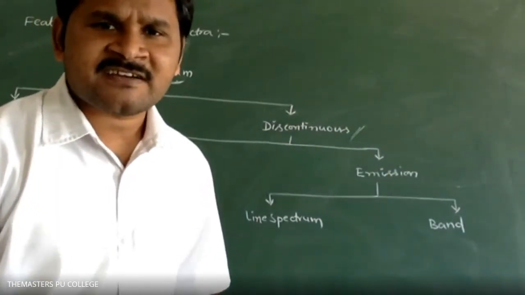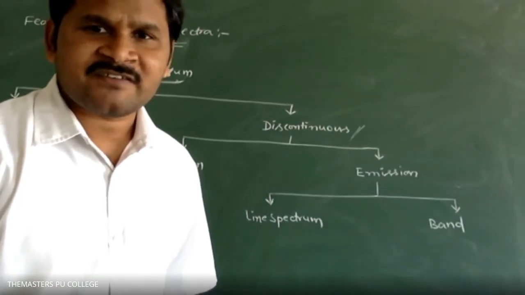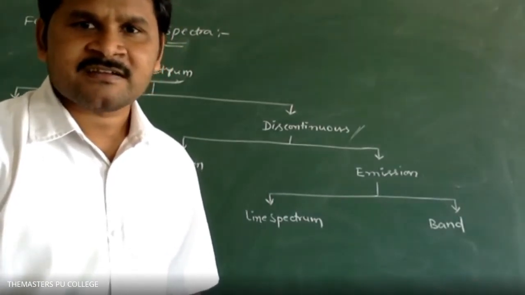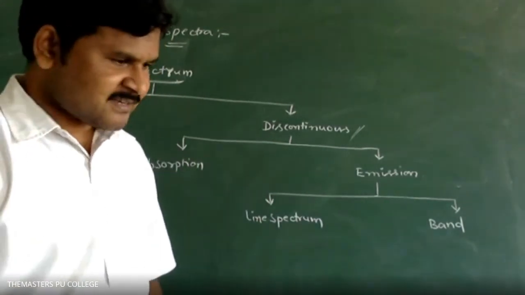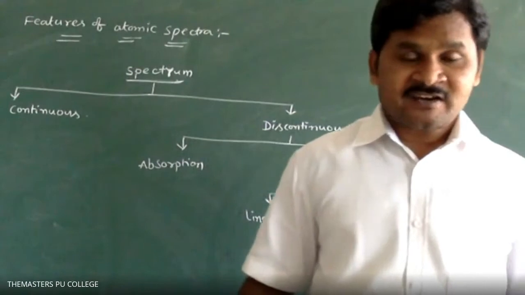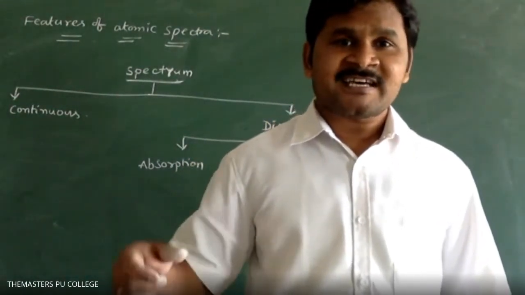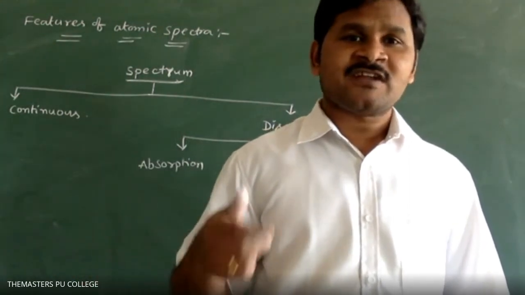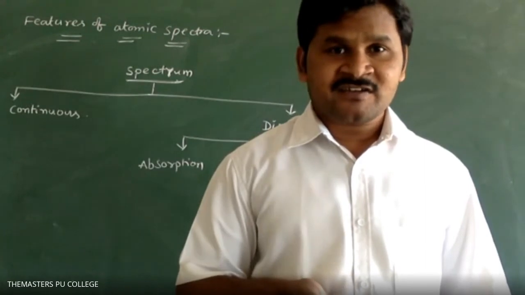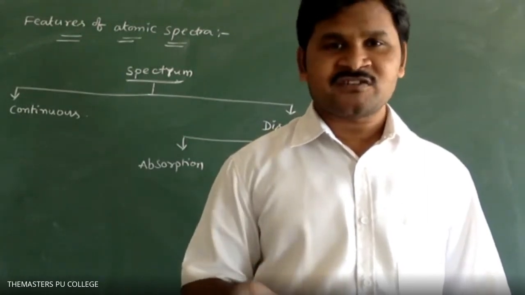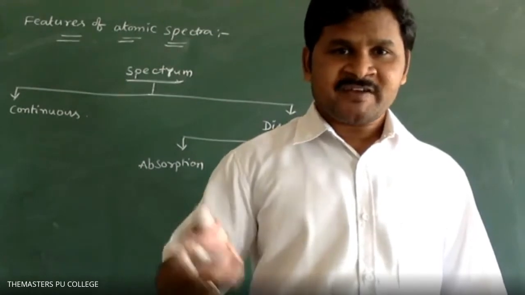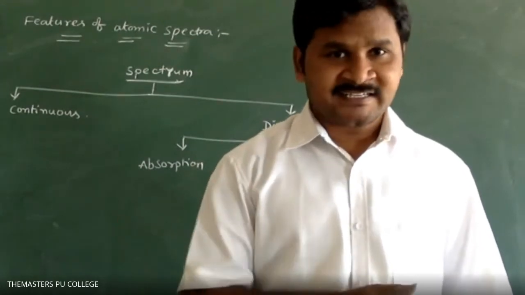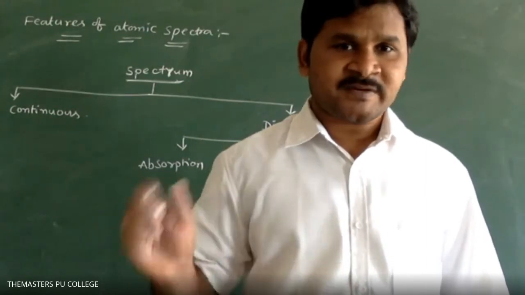See, what is the use of knowing about spectrum? To calculate the frequency of every line, to calculate the wavelength of every line, to calculate the energy of every line, that is the use of spectrum. Say for example, radar waves. Whether these are dangerous to human life or not, how can we say? By calculating its wavelength. If you know the wavelength, you can calculate the energy. Based on that energy, we can say whether the rays are dangerous or non-dangerous. So that is the use of spectrum.